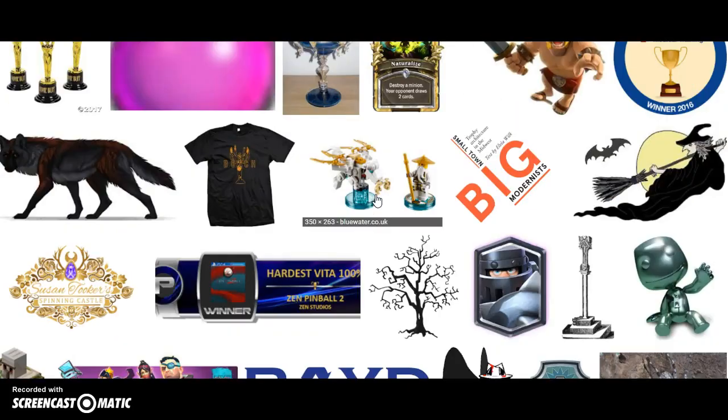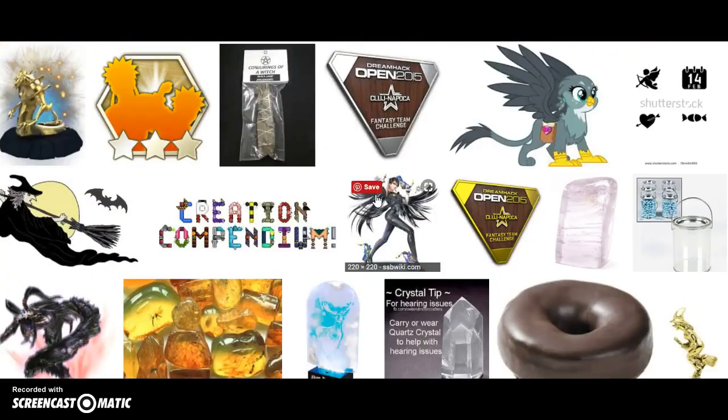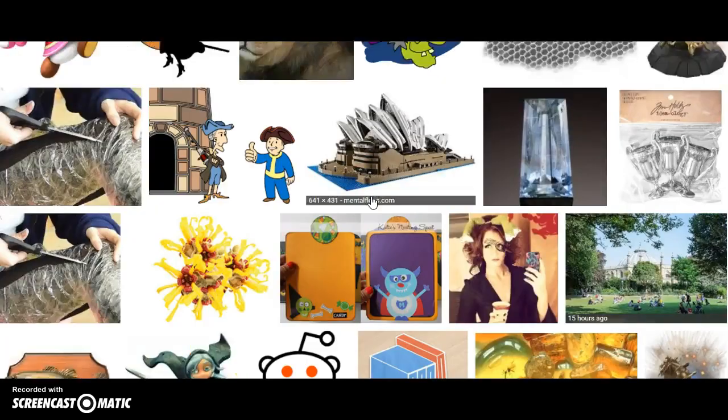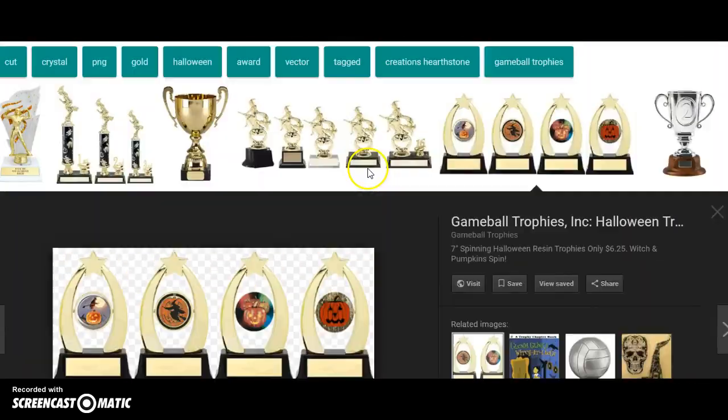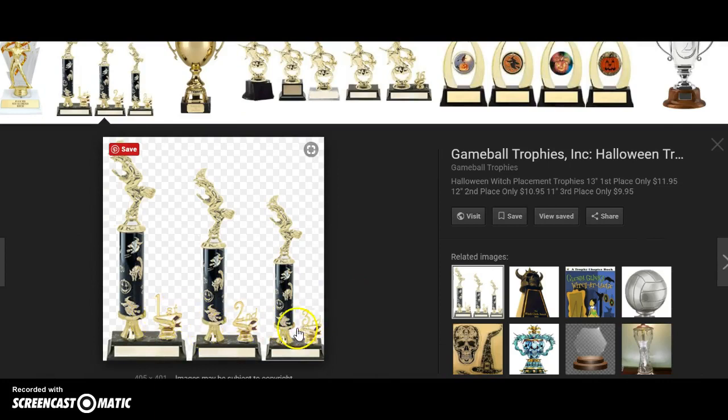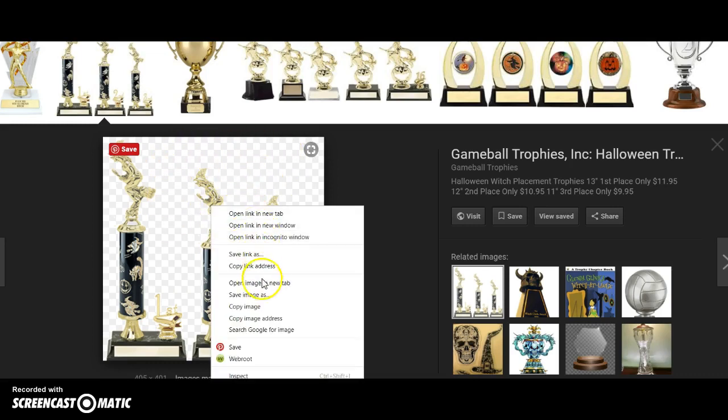Nothing else really looks good. But anyway, if you want to use any of these, like this one is first, second, and third place, of course it is transparent because you have these little squares on here. Again, you would save image as,